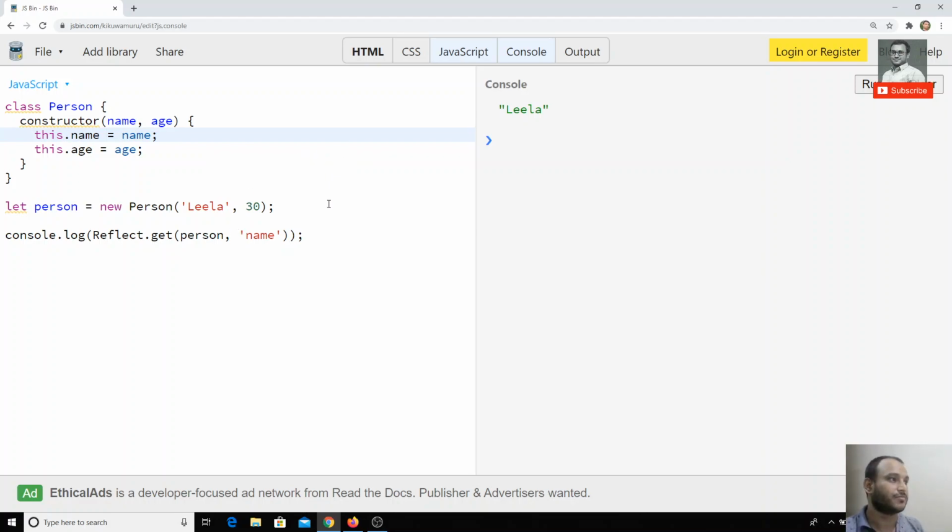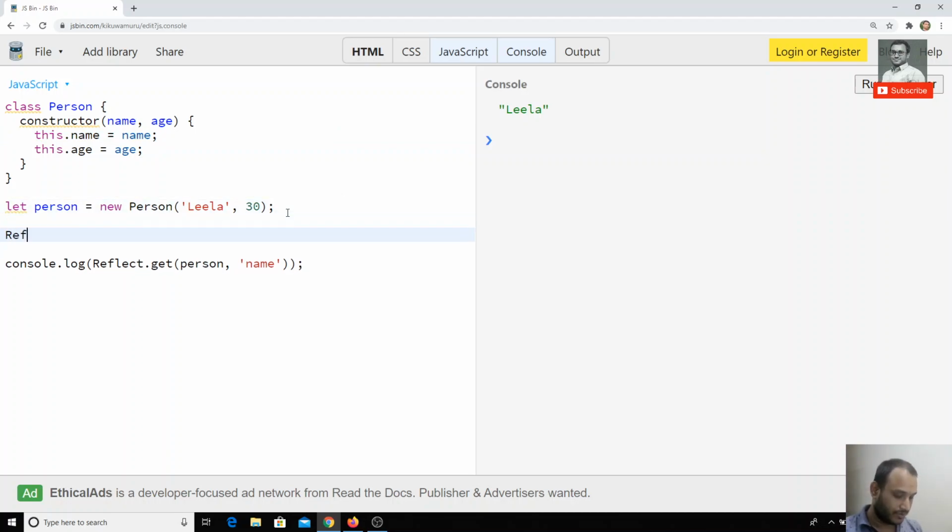How we can set the property is, as you already assume, Reflect.set of person, and we need to give the property name and the value. The value I can give is John. If I check the output, now I will get the property as John. So now I set the property of an object to John.